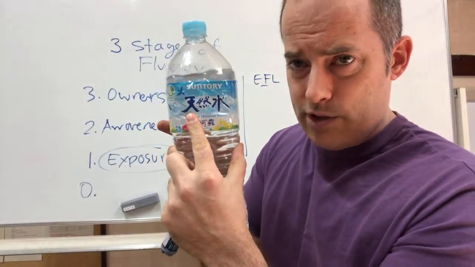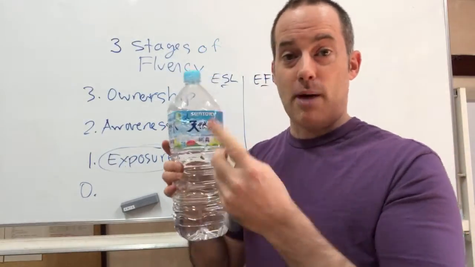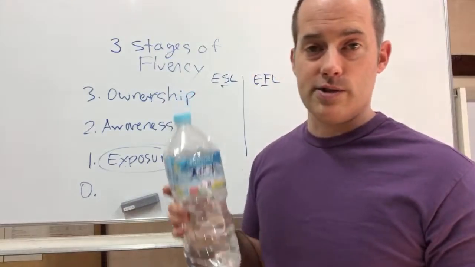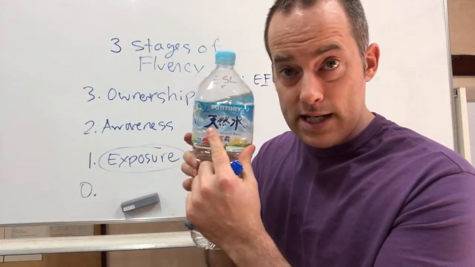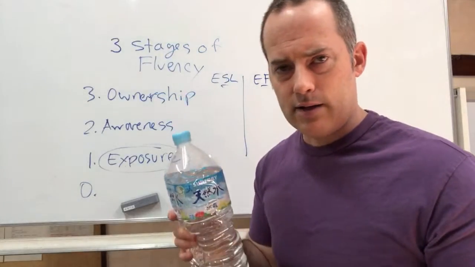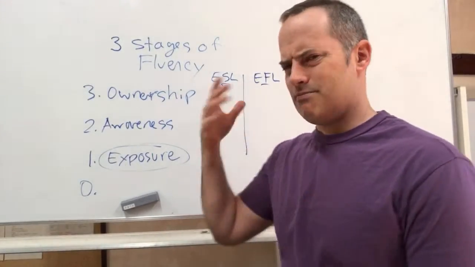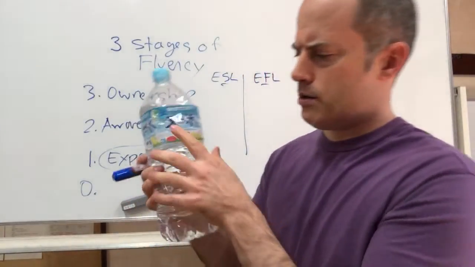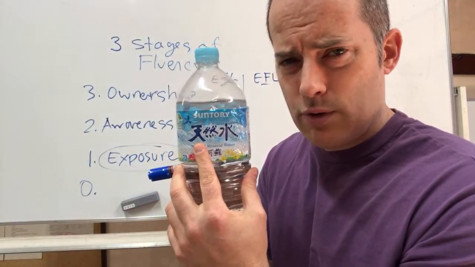Now, if you look at that, you've just been exposed to some Japanese. If you've never seen that or you don't know Japanese, you've probably seen some Chinese characters or Japanese or Korean, or even characters in a different language, you've probably seen them before. But this doesn't mean it's clear and easy for you to understand. So usually what happens is because the language is not easy to understand for people learning it as a second language, it really makes it easier if they use translations when trying to understand something. But looking at just this one character right here, if I asked you to draw that character, you probably wouldn't be able to do it very well.